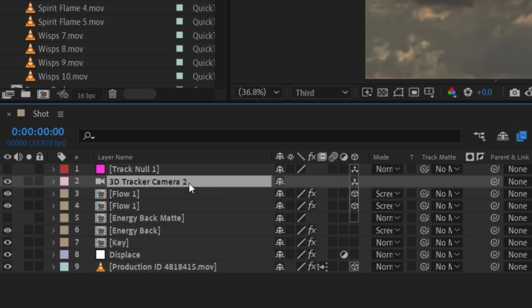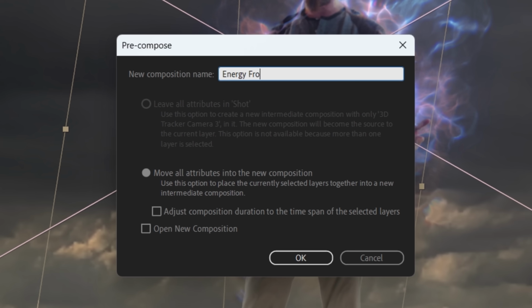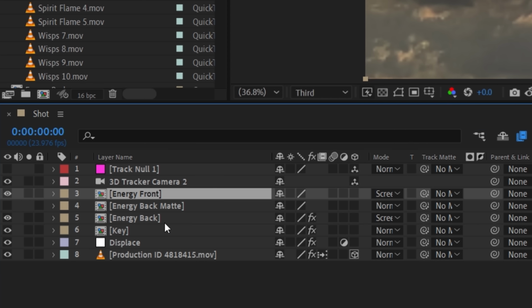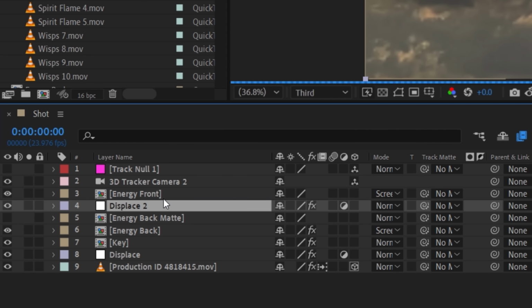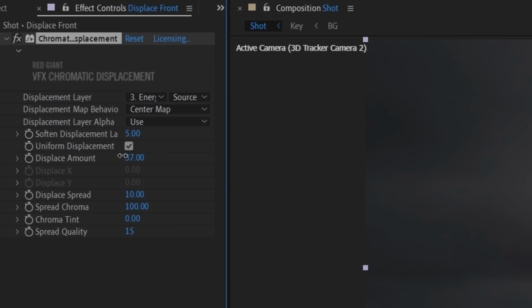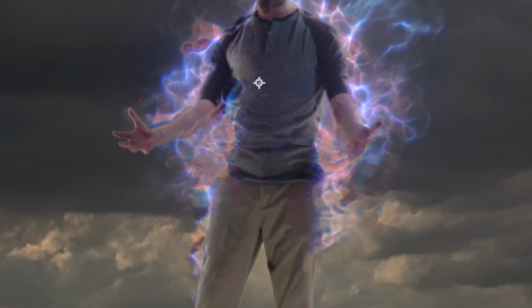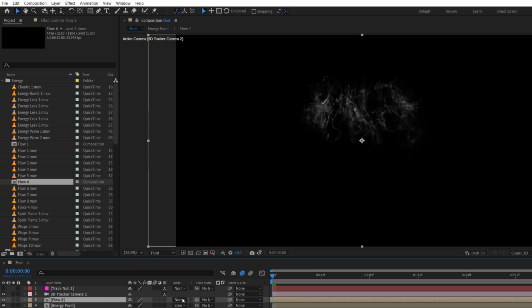With the new camera duplicate, pre-comp these together as energy front, set back to screen, duplicate the displace adjustment layer, and move below the new energy comp, selecting it as the displacement map and changing some of the settings to get this. To add energy flowing from his hand, we'll drop in the looping flow 6 comp going through the